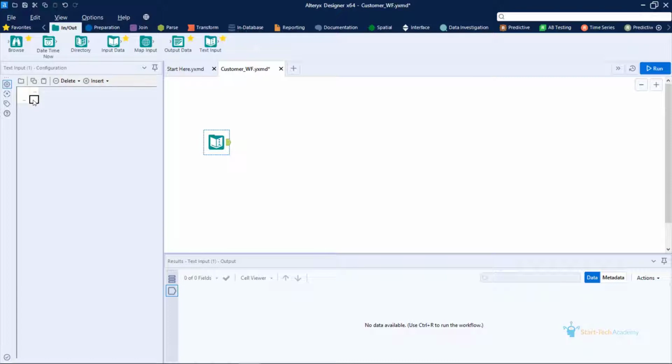In this configuration window, you see that there is one small cell. The thing is, you have to create the table that you want to enter inside this tool. To create that table, we first insert the header for this table. Now we have to list down all the fields that our table has.